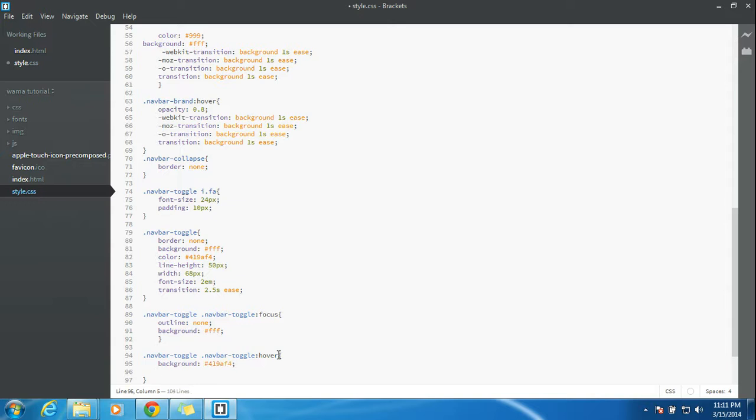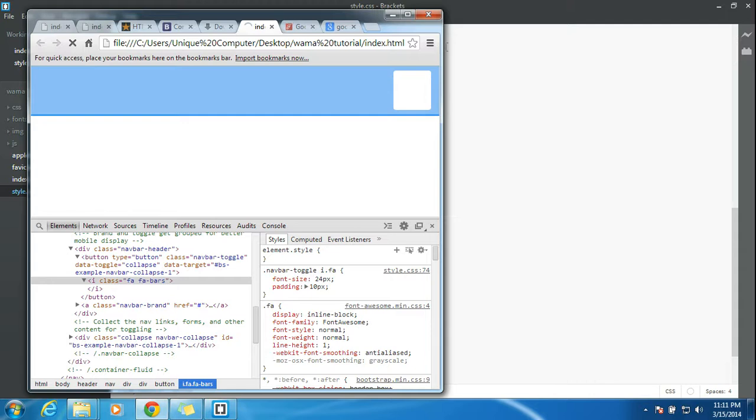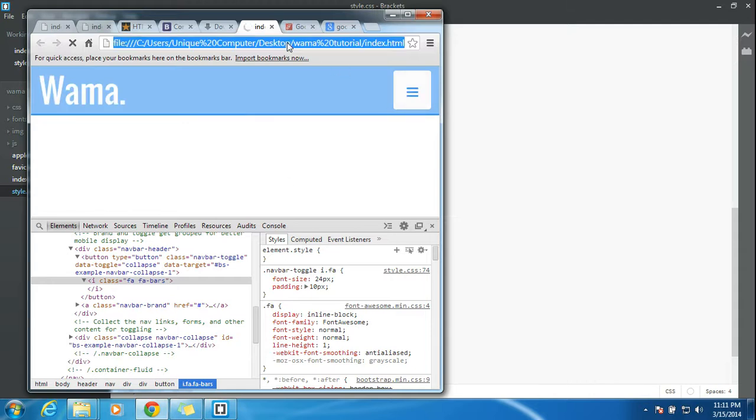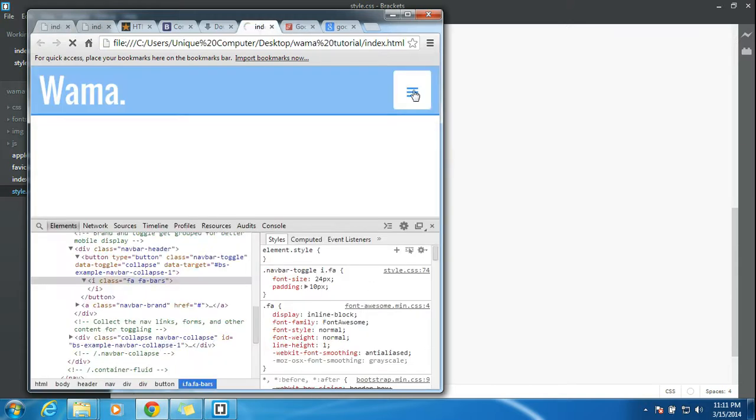Okay, and color would be white, quite white. So save this and reload this. Okay, so why is it not running actually? So let me